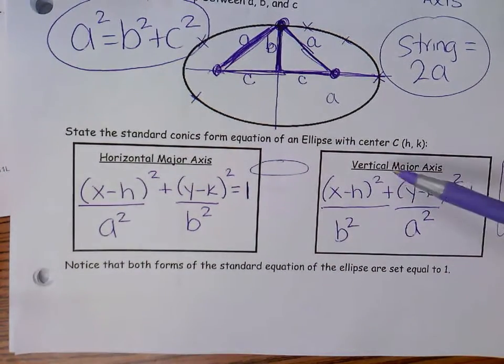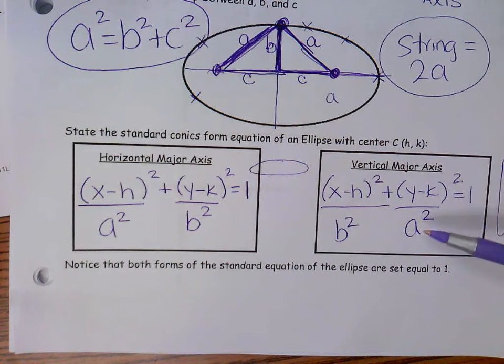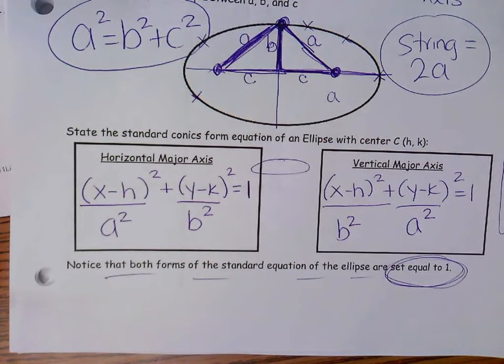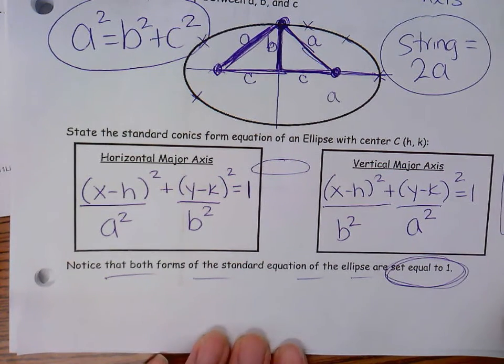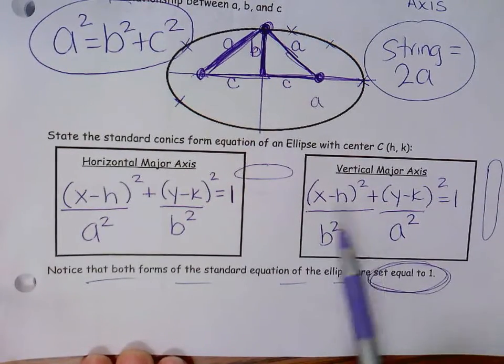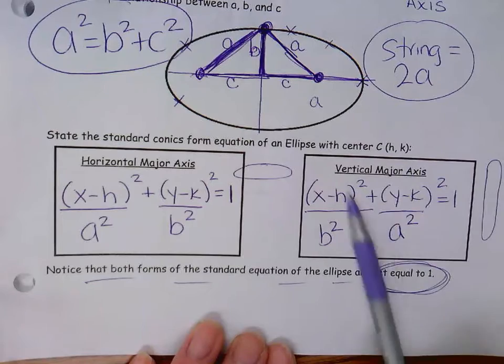So if it's going in the vertical direction, the bigger number is going to be under the y value, just like we did in that example. And it says, notice, both forms have to be set equal to 1. So you're not allowed to read your equation until they are set equal to 1. So this is a formula that you're just going to get used to seeing. You're never going to have to write this out with all these variables, but if I give you an equation,